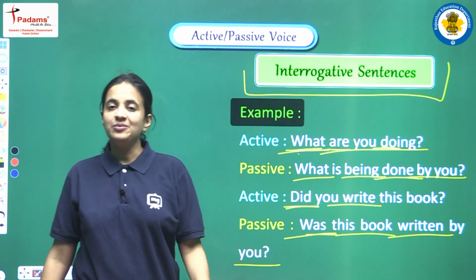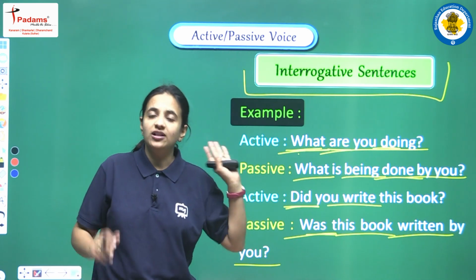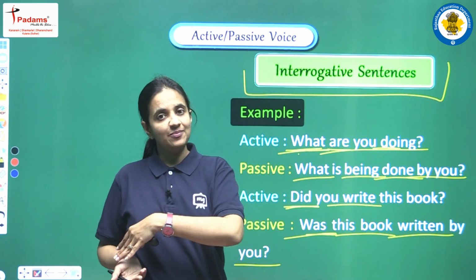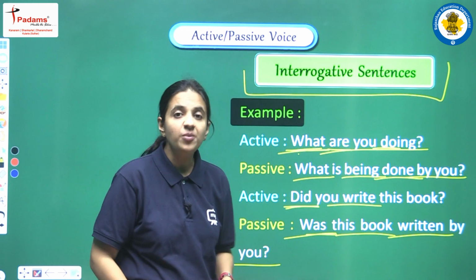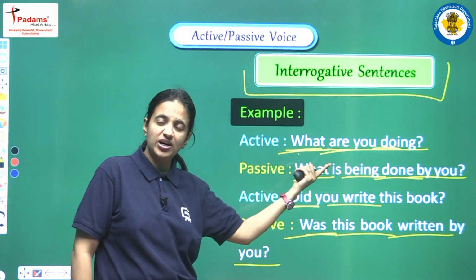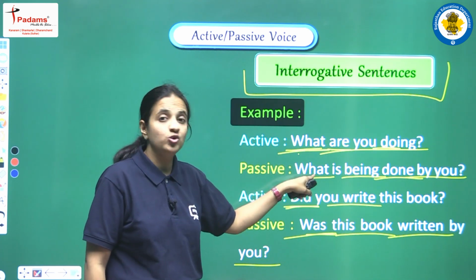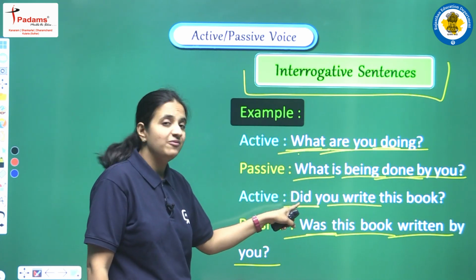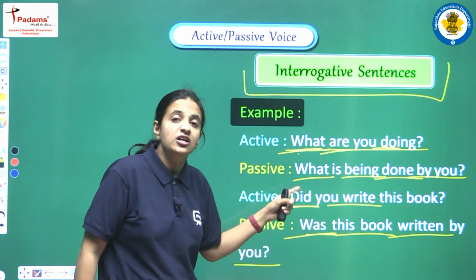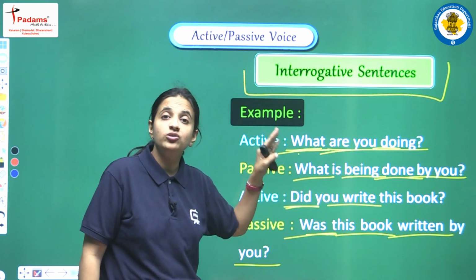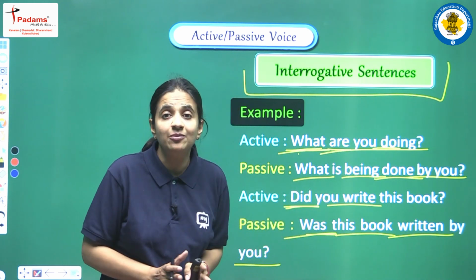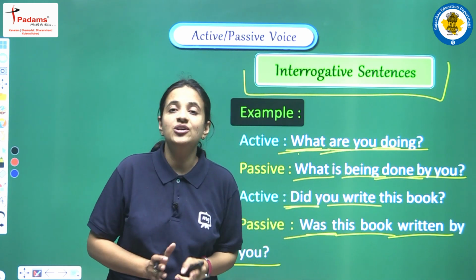Okay, so again I am clearing this thing: all the interrogative sentences that we are having in the active voice, when we are converting into the passive voice, we have to maintain the form, and they can be in two categories. First, in which we are having any WH word. So in the passive voice also we have to use the same WH word, and if we are having any auxiliary, any modal auxiliary, any helping verb, we can do the changes according to the rules that we have discussed, and the rules of the main verb and helping verb will be same. No changes are there in the rules.